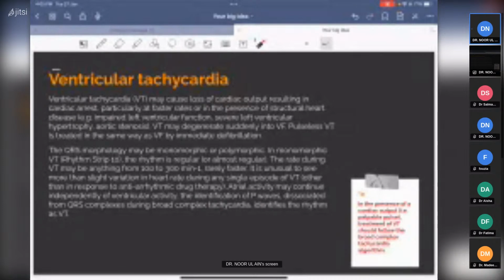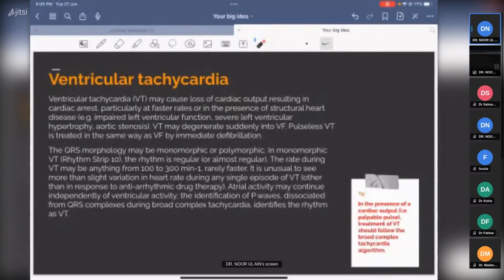Yes, you guys can write this if you want. So if you see a broad complex tachycardia, broad का मतलब क्या? More than 2.5 boxes, more than 0.1 second. अगर आपका QRS complex है और वो उसका QRS का P से कोई लेना देना नहीं है, this is VT,